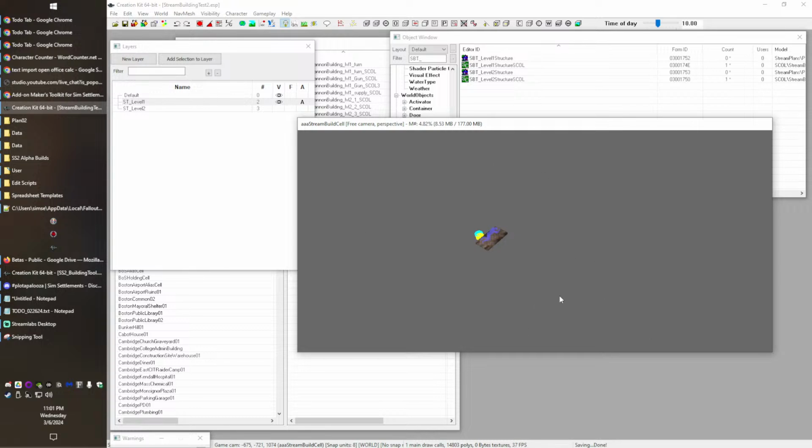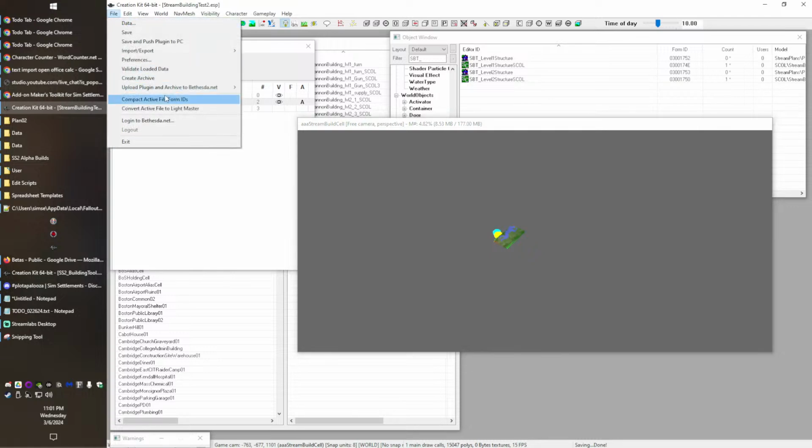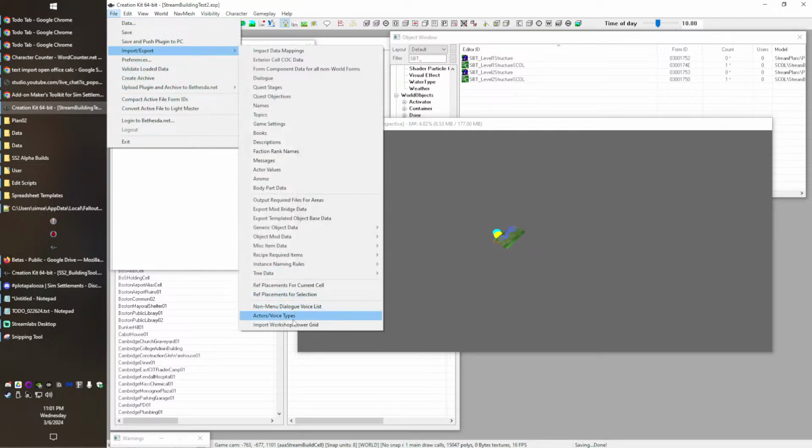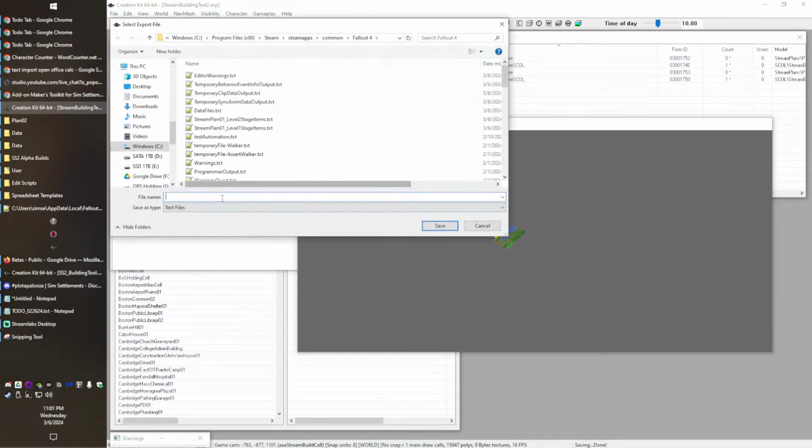the items that the player needs to be able to interact with, or that have some sort of functionality, like lights will be here, doors, anything that does more than just exist. And we're going to go ahead and draw a box to make sure we've got them all selected. We're going to go File, Import, Export, Ref Placements for selection, and then we're going to go ahead and give